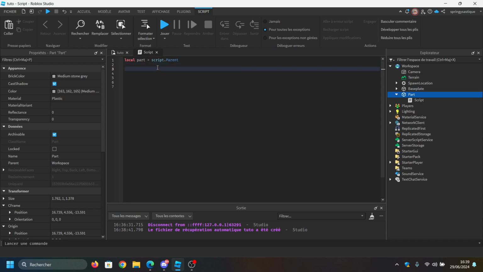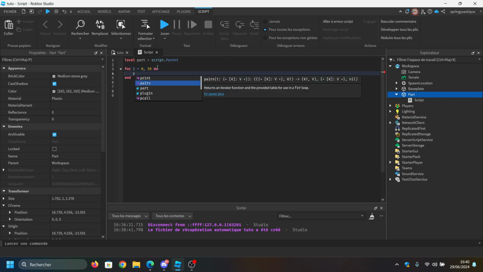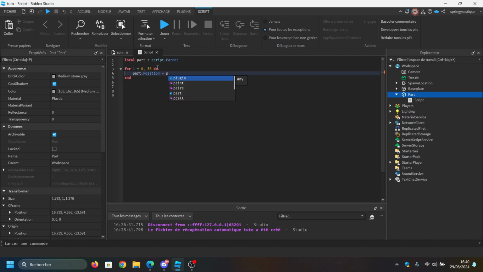And now I'm gonna go on the for loop: for i equals 0 to 15 do part.Position equals... no, you're directly gonna go with part.CFrame equals part.CFrame plus